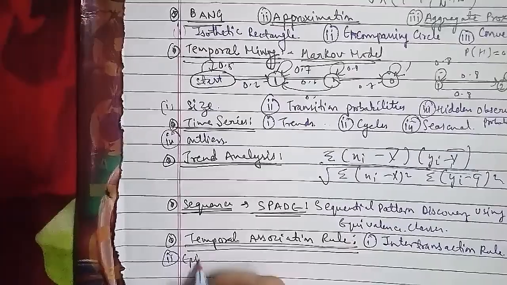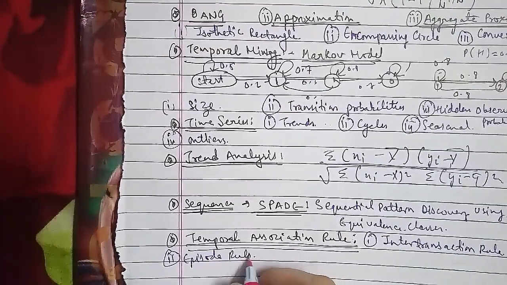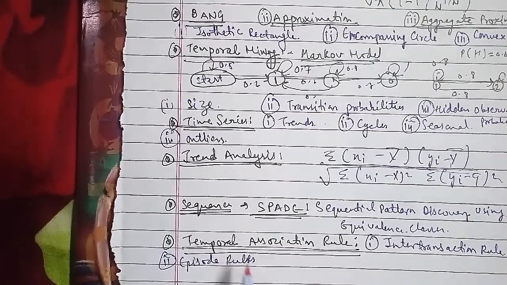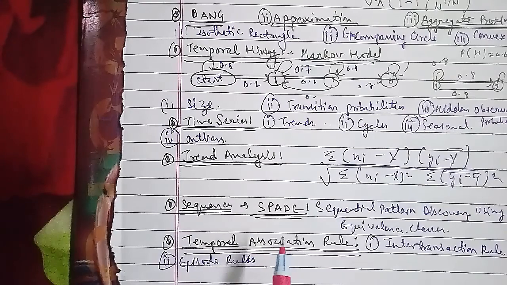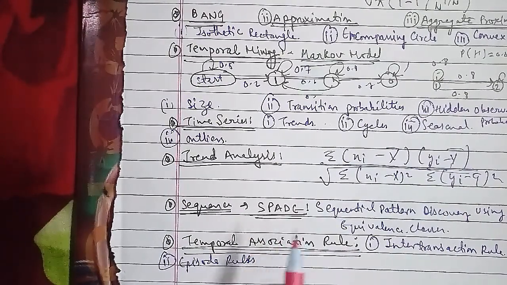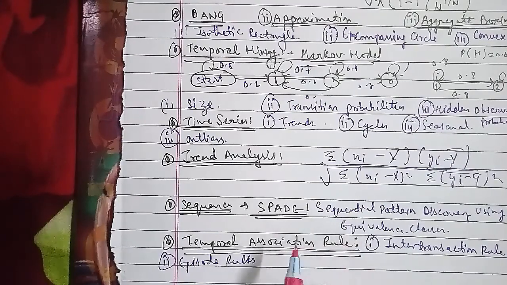An episode rule is a generalization of the association rule that applies to a sequence of events. A sequence S is an ordered list of events, each one occurring at a particular time. An episode rule is an implication of the form B => A, where B and A are episodes and B is a sub-episode of A. An episode rule can be used to solve problems like failure of a switching node.